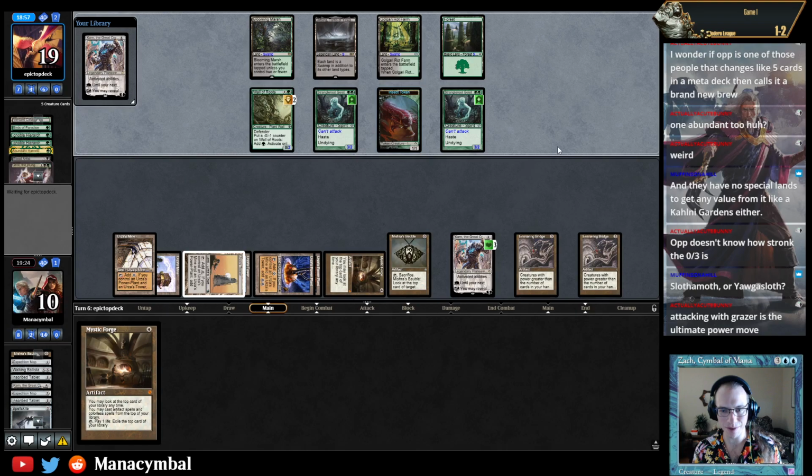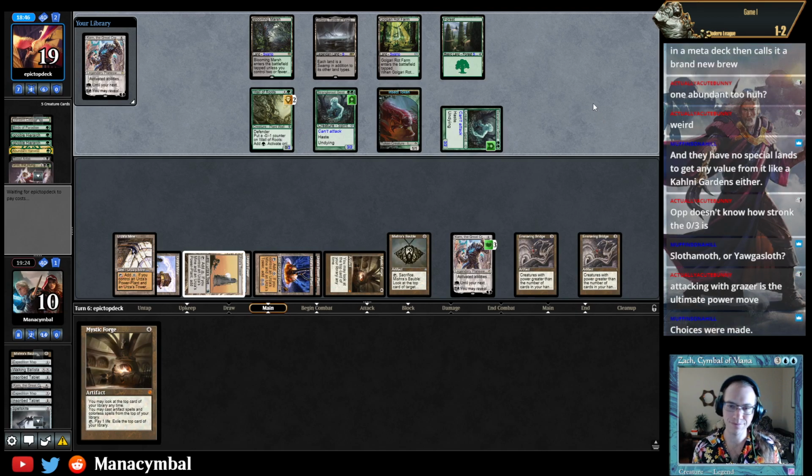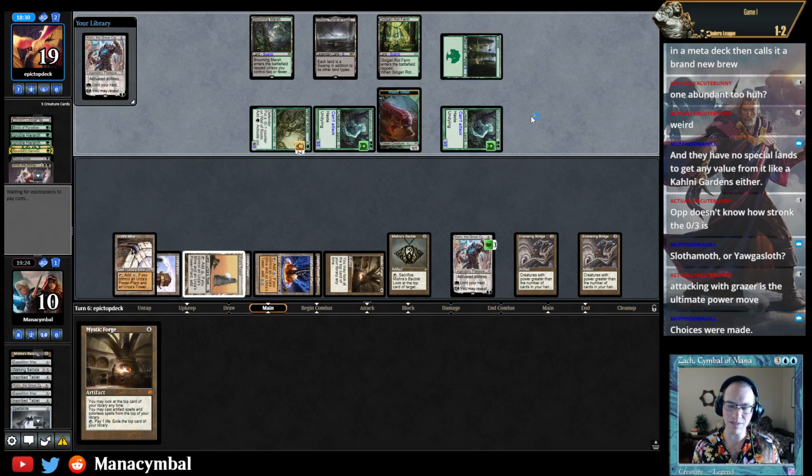Okay, they can attack it for one now, but they're gonna cord? They still have the Eldritch Evolution. I mean, I have another one on top. Even if they manage to deal with this card, it's not...